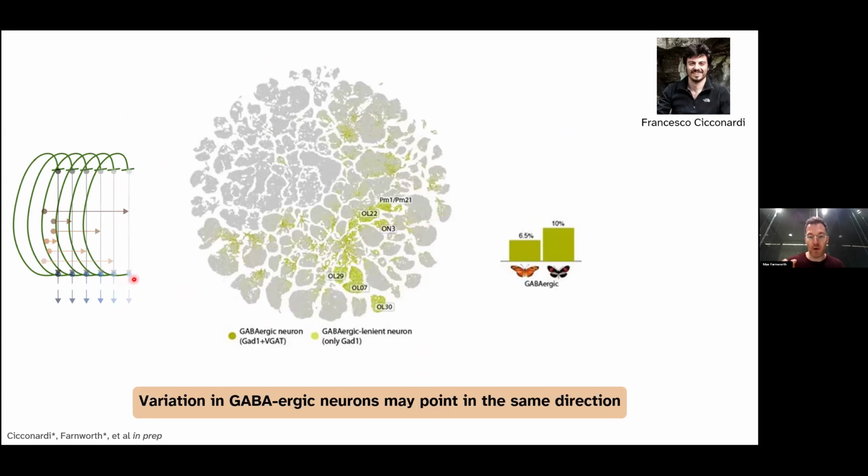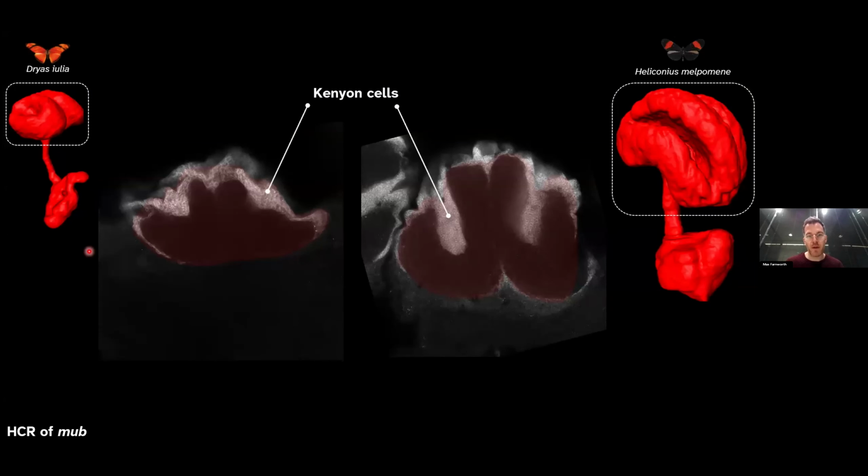And this is also true for GABAergic neurons, which is very interesting too, right? We have a general increase in GABAergic signaling and neurons in the pollen feeders than the non-pollen feeders, which corresponds to our feedback neuron result. And what I'm currently doing is having ordered 1 million HCR probes, so kind of like a fancy in situ, I like to say. And what we're trying to do is label lots of these different Kenyon cell populations and a few other cell types to understand and gauge what's happening here numerically. And this is one example of a probe called MUB.